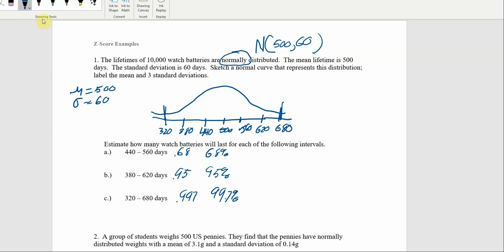Now, let's take a look at one that you have to do a little more work with. Let's say we want to find how many watch batteries are going to be between, let's say, 380 days and 560 days. Right, 560 days is at +1 standard deviation. 380 is at -2. Well, let's break this into 2 categories. We've got all of this area in here. We know that that area is